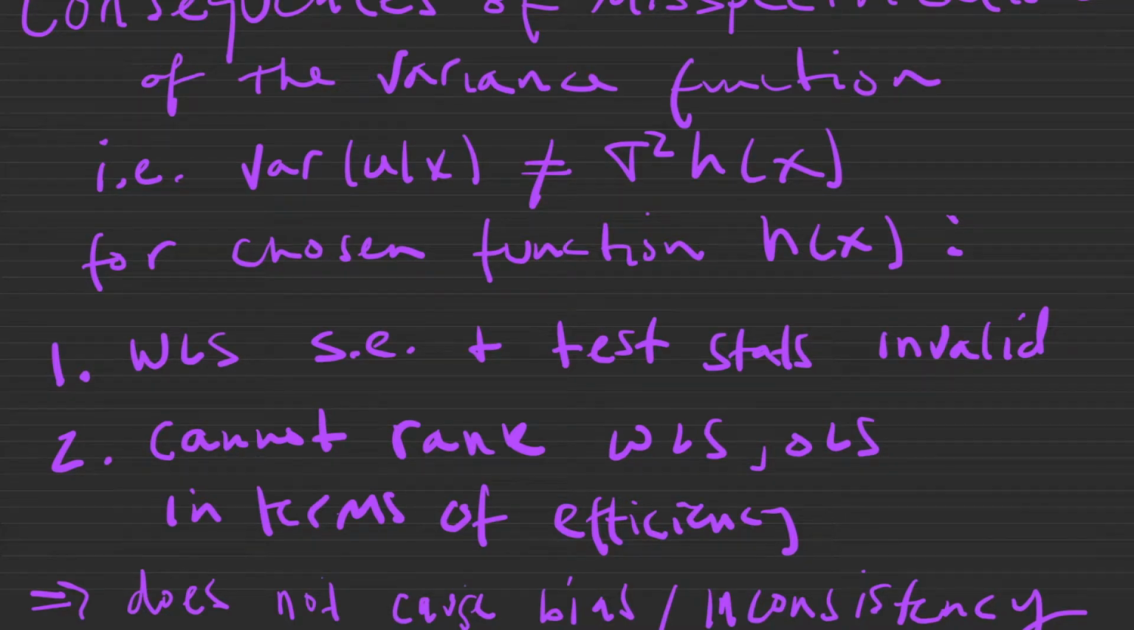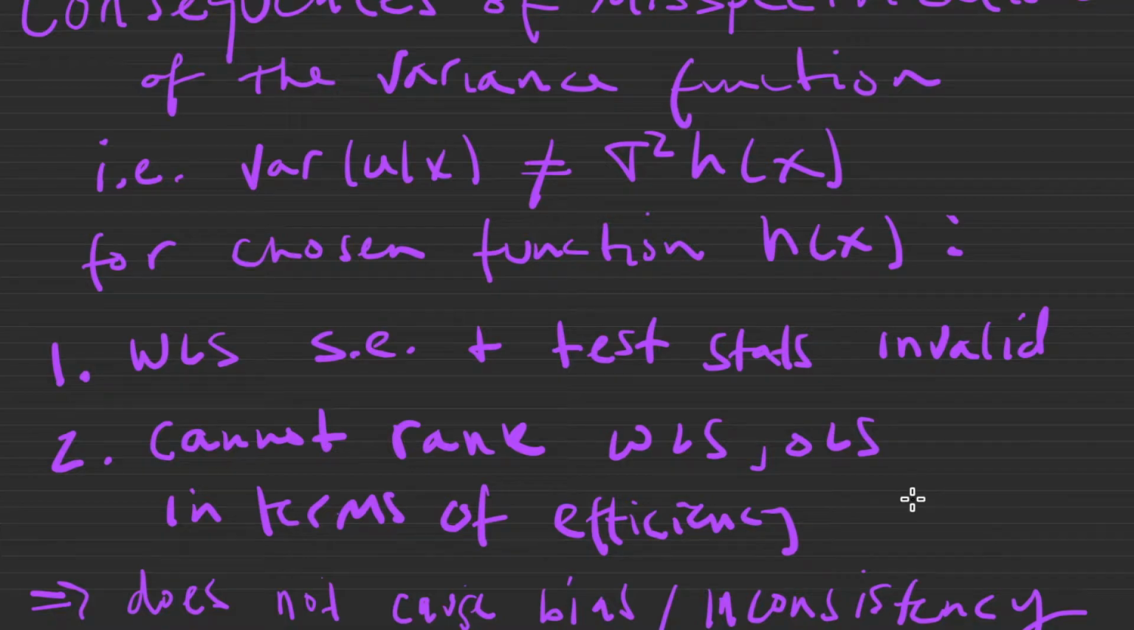Let's talk about the consequences of misspecification of the variance function when carrying out weighted least squares estimation. When we say misspecification of the variance function, we mean that the conditional variance of u given x is not equal to sigma squared times h of x for our chosen function h of x. The two primary consequences are that the WLS standard errors and test statistics are invalid. The other main consequence is that we will not be able to rank weighted least squares and OLS in terms